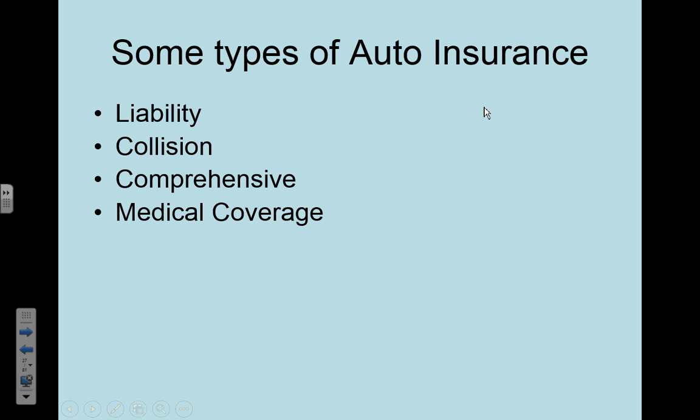We also have medical coverage. Medical coverage will pay for injury or damage to people in your vehicle if you are at fault. It usually goes hand in hand with collision. So let's say that you are driving your car. You have liability, collision, and medical. You run into somebody else. Liability will pay for their injuries. But in your car, you have two passengers, and both are taken to the hospital. Their medical coverage, or your medical coverage, will pay for their injury or damage, at least up to a point.